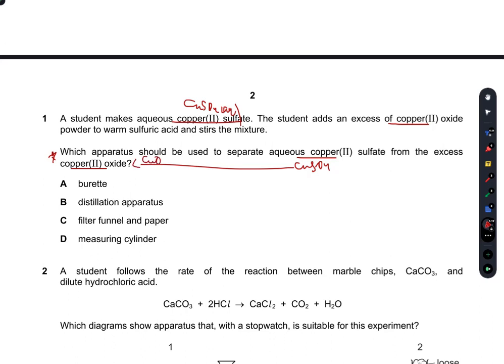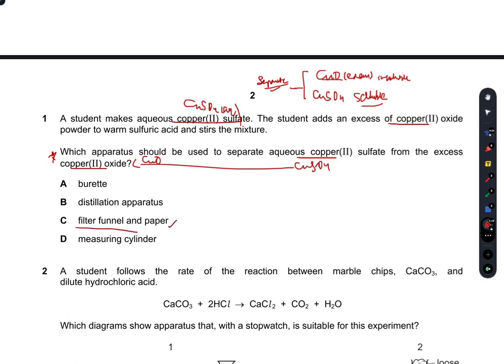So as you can see in this mixture, there are mainly three things. There is copper oxide, which is in excess and is insoluble in water, whereas we have the other thing, which is copper sulfate, which is not in excess and is soluble in water, has now been dissolved in the solution mixture. So how can we separate? There are totally two main things. Sorry, I had said three. There are two main. So how we can separate them is by using a filter funnel that will separate copper oxide, and filter funnel and paper would help.